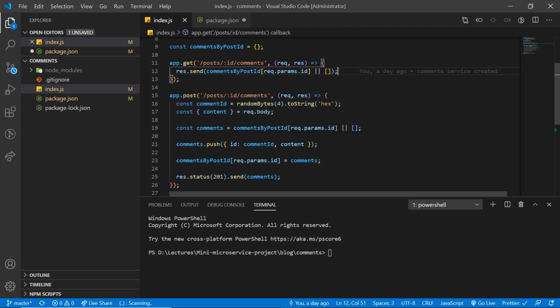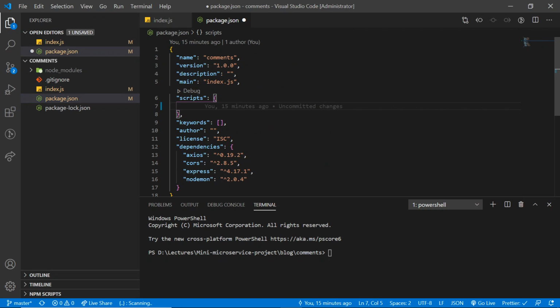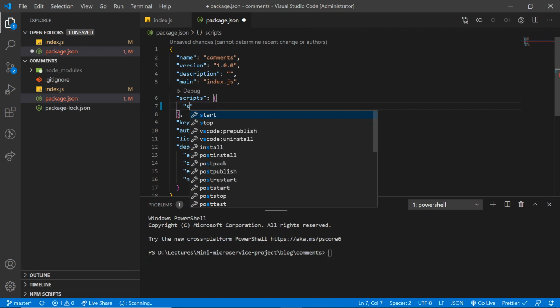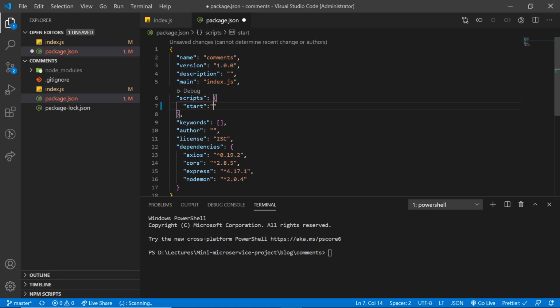In the last, we are going to modify our package.json file. So in order to start the project, write here start script. Now it's testing time. Let's run our application.